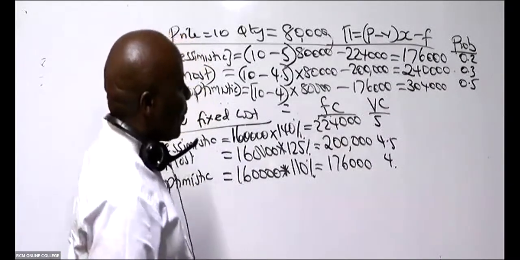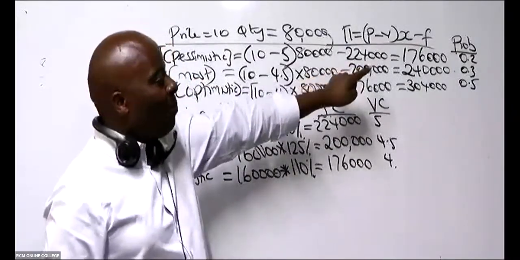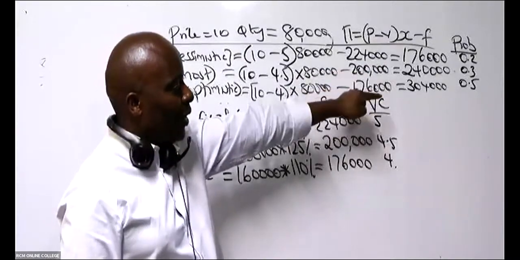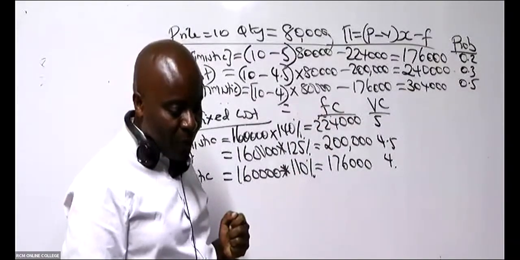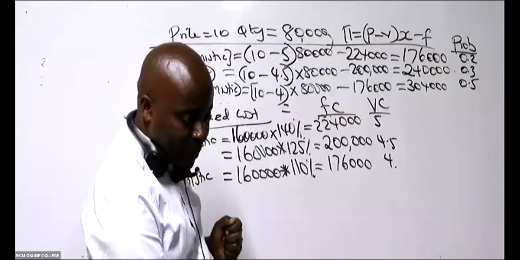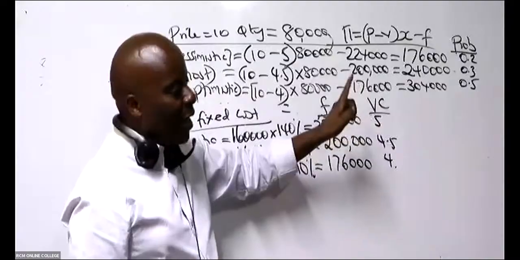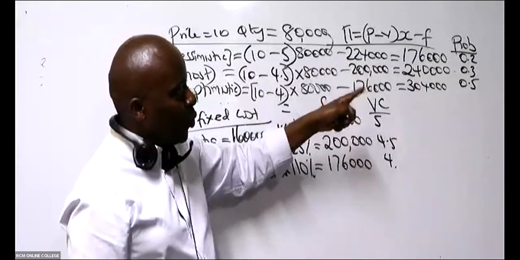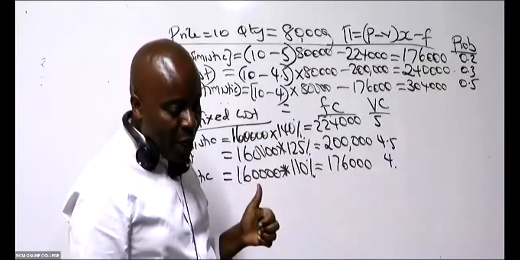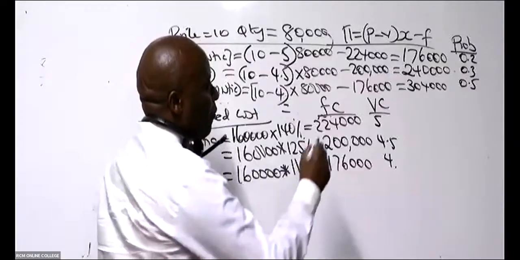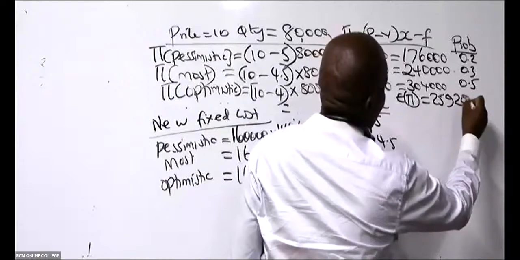Don't worry. So for expected profit, I will take 176,000 times the probability, plus 240,000 times that probability, plus 304,000 times 0.5, which will end up giving us the expectation. I repeat, remember expected profit: you are taking X times probability. So we have 176,000 times 0.2 plus 240,000 times 0.3 plus 304,000 times 0.5. So we have B giving me expected profit of 259,